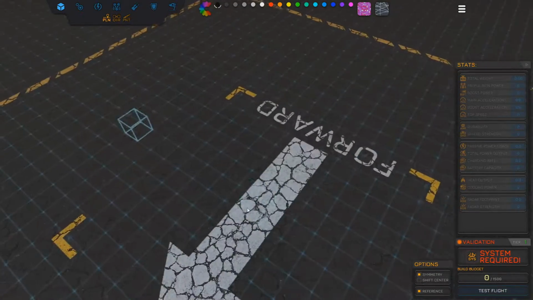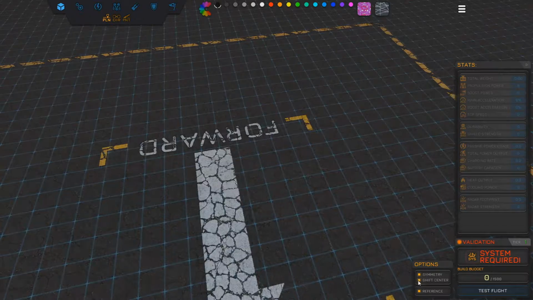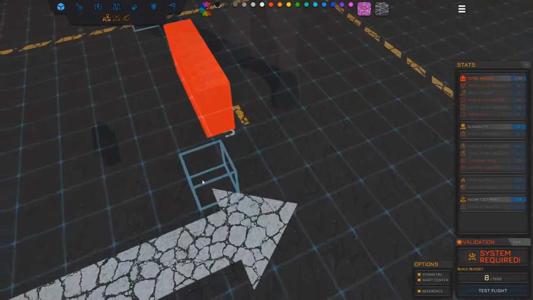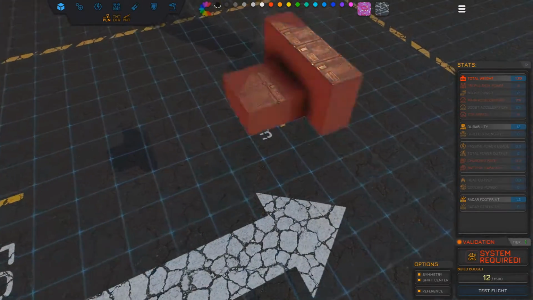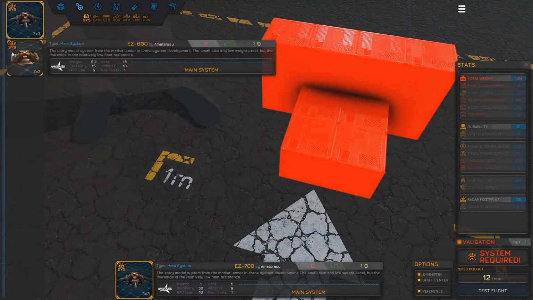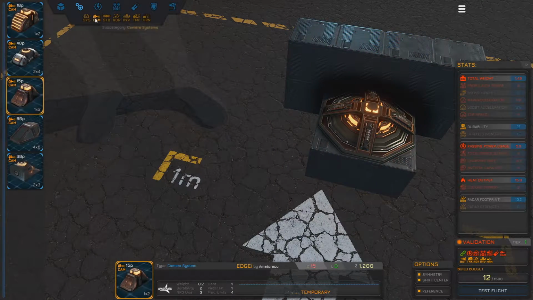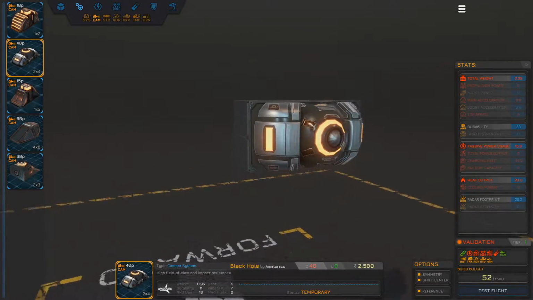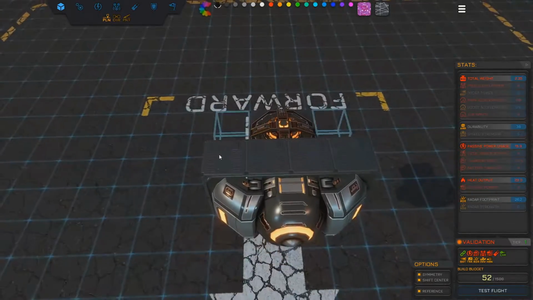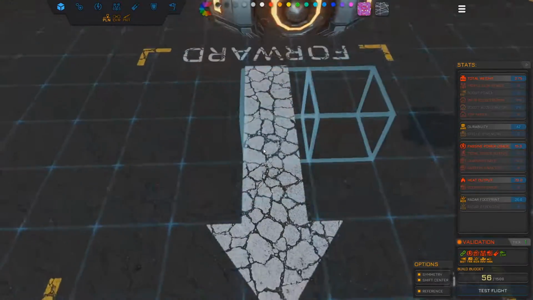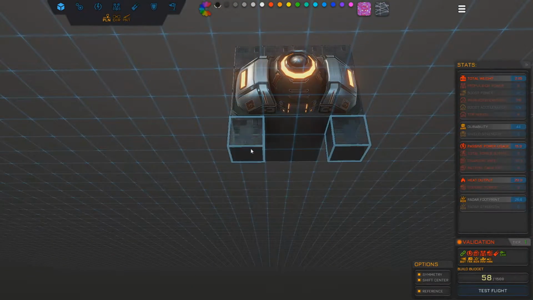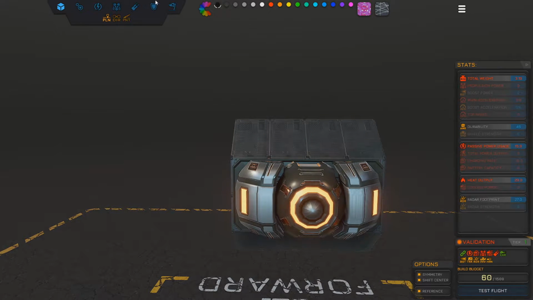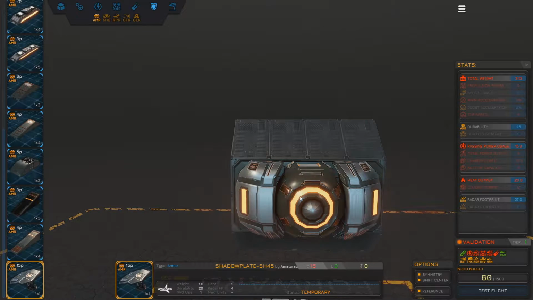Other stuff you can do. Let's say you click Shift Center. Now you have this in the front. Again, this time I'm just gonna place this here. And for example, you can place one of these big ones. Another thing that I have found that works quite well is if you do this and then use armor blocks,